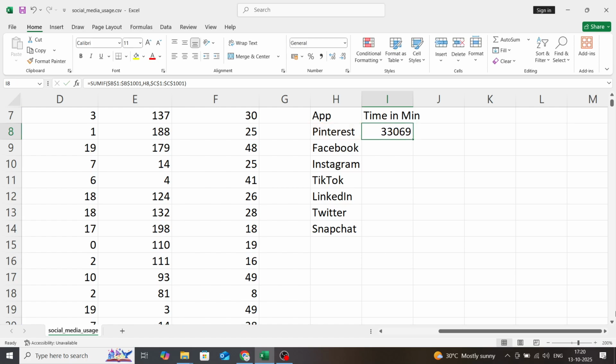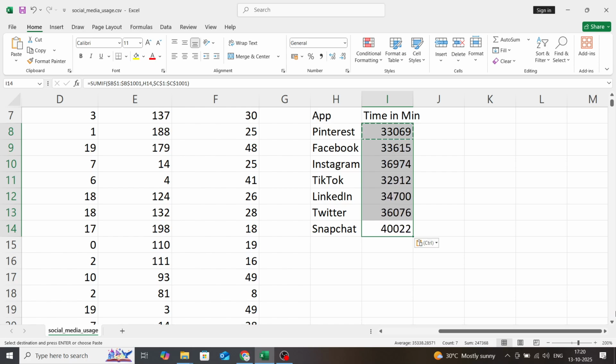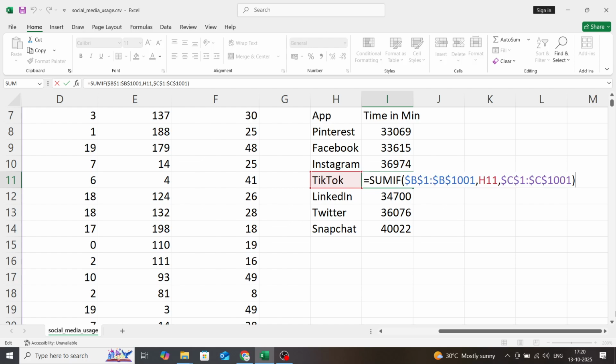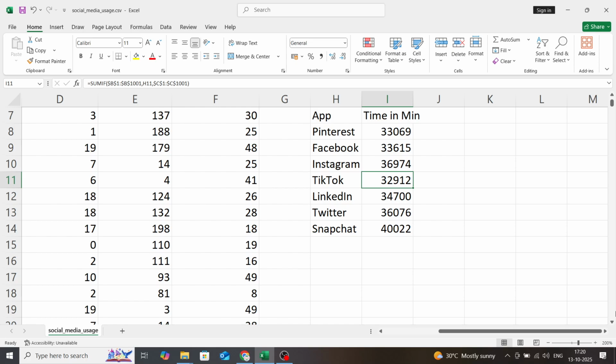So at this point I copy the code and come here. How can I come here? First of all, copy the code and come to the left side, then Control Down Arrow, it will let you reach the end of the cells. Then press the right arrow, Control Shift Up Arrow. Now it will select everything, then Control V to paste. Now you can see everything is fixed. In any cell, when you press F2, you will get the addresses C1 to C1001 and B1 to B1001. Hopefully you have a clear picture.